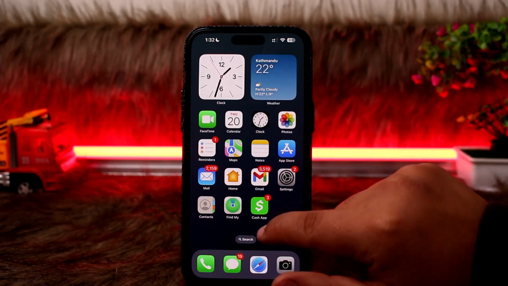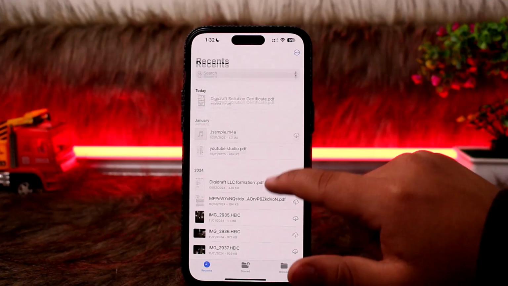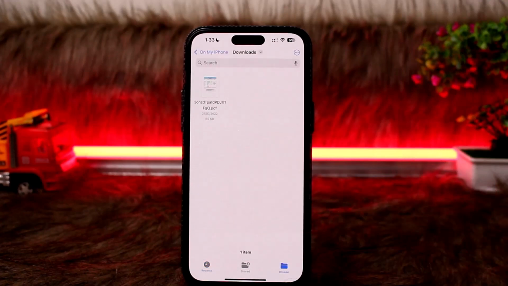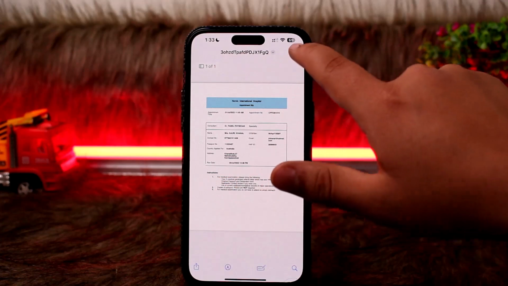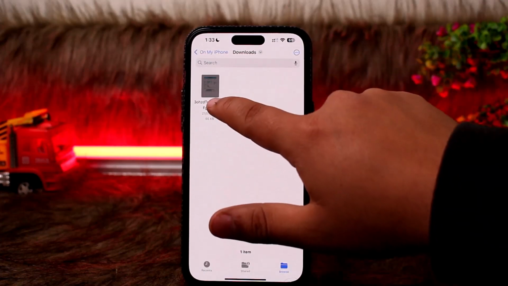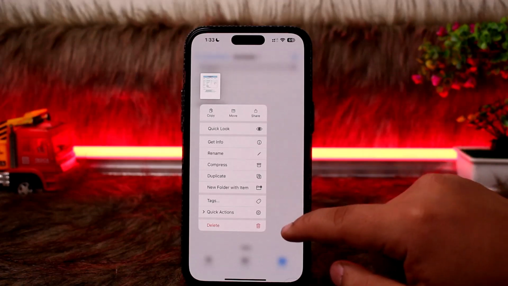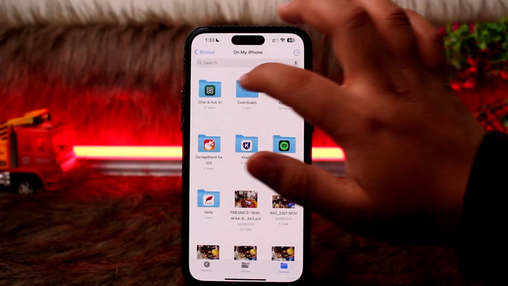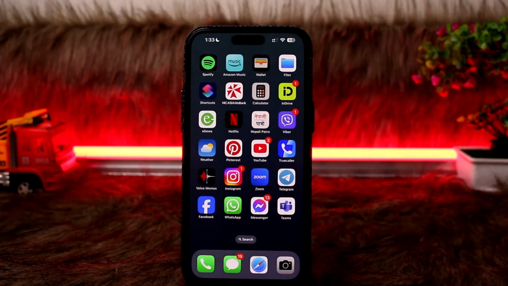So if you're on your iPhone, you can go ahead and open up your Files app, right? And then open up the particular zip file. All you got to do is simply tap on it and open it up, and then you should get the option to extract it, or you can tap and hold on it and then tap on the three dots and you should get the option to extract it right here if it is zipped. Now I don't have any zip files, but that is how you can easily unzip Google Drive files on an